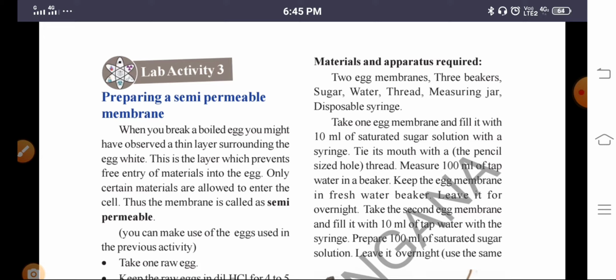Measure 100 ml of tap water in a beaker. Keep the egg membrane in the fresh water beaker. Leave it overnight. So here, in the first egg, what we have to do: